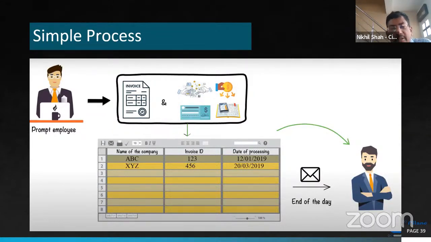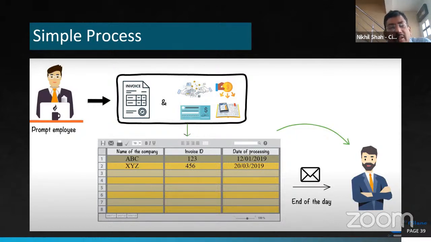Right now, I'll tell you some other example. Typically, what we see in the office, where let's say some employee is working in the back office in the account department. What does the day look like? They will go to the office, grab a cup of coffee, and their role is invoice processing. So let's say this is one large company where they deal with hundreds of vendors, and different vendors send their invoices for whatever goods or services they're supplying. And this finance department has, say, 4 or 5 employees. Their job is to process all these invoices.